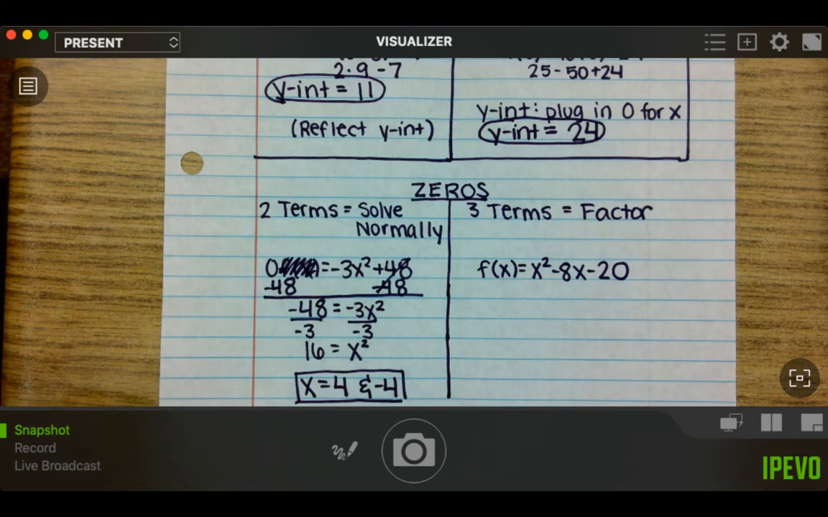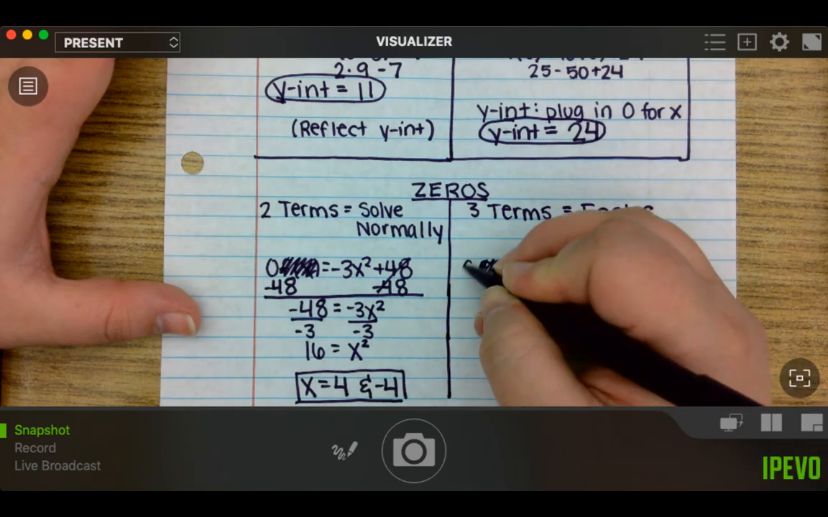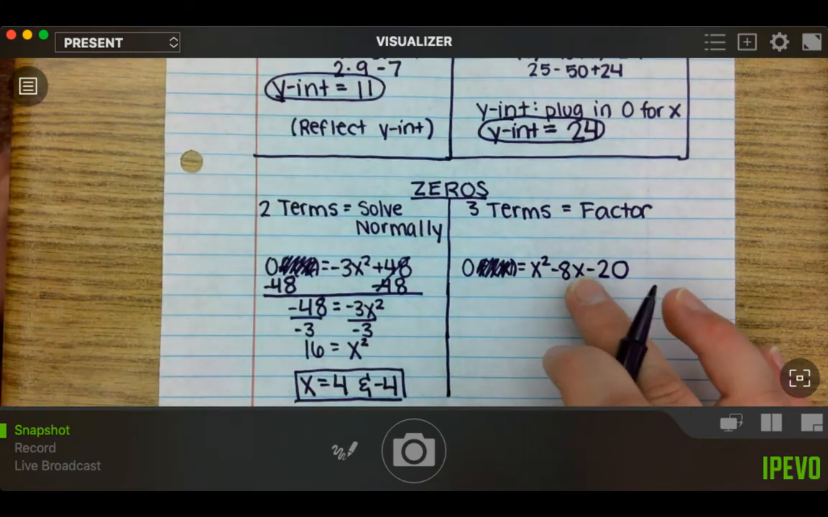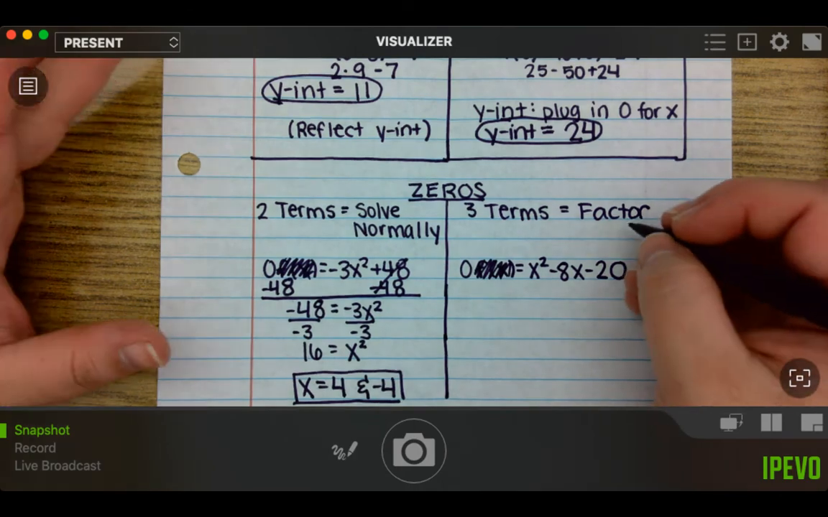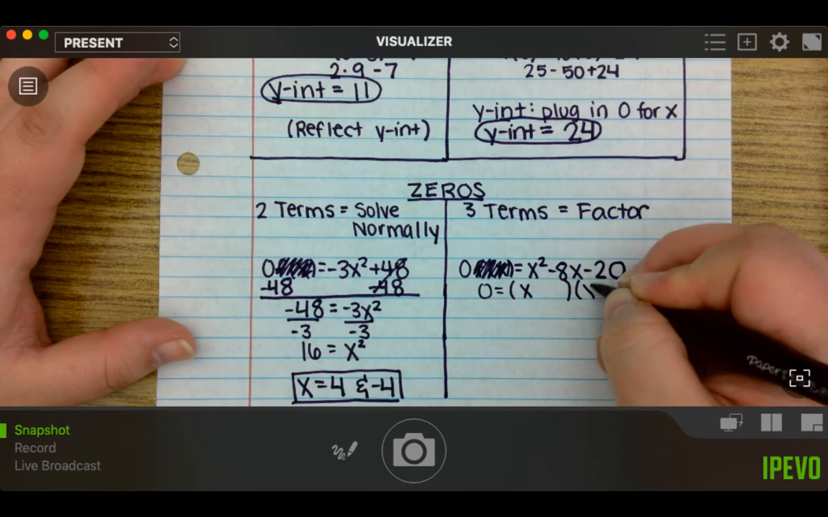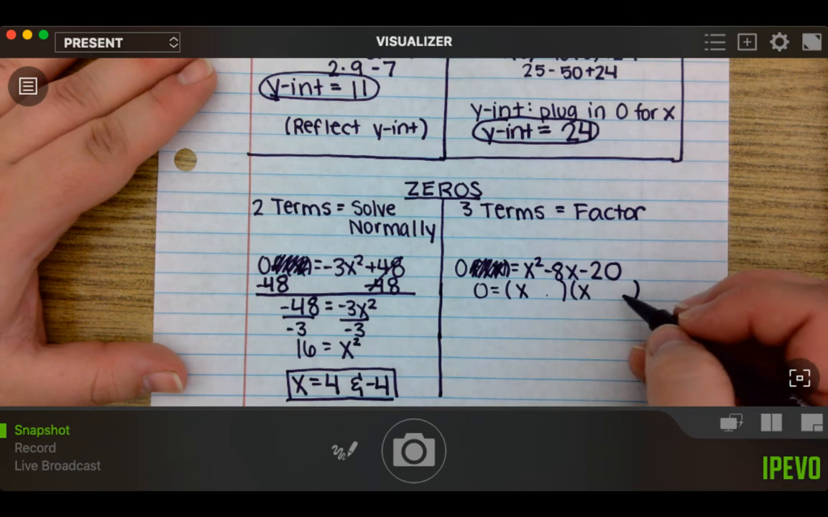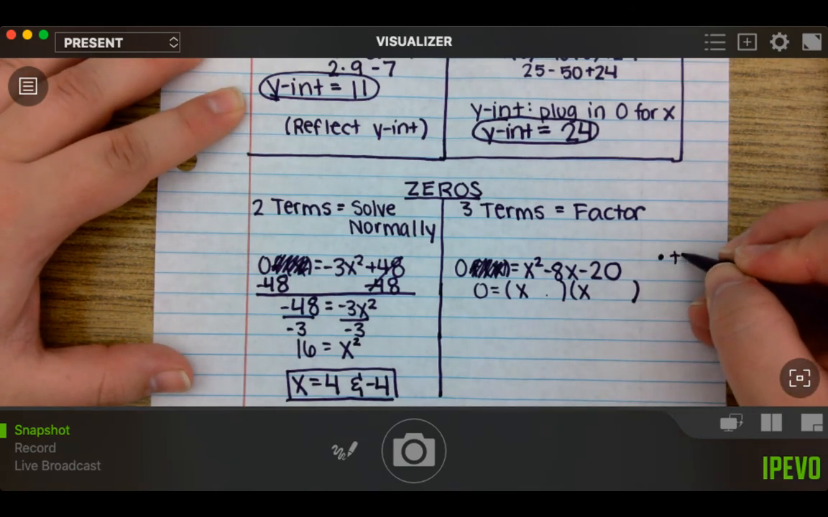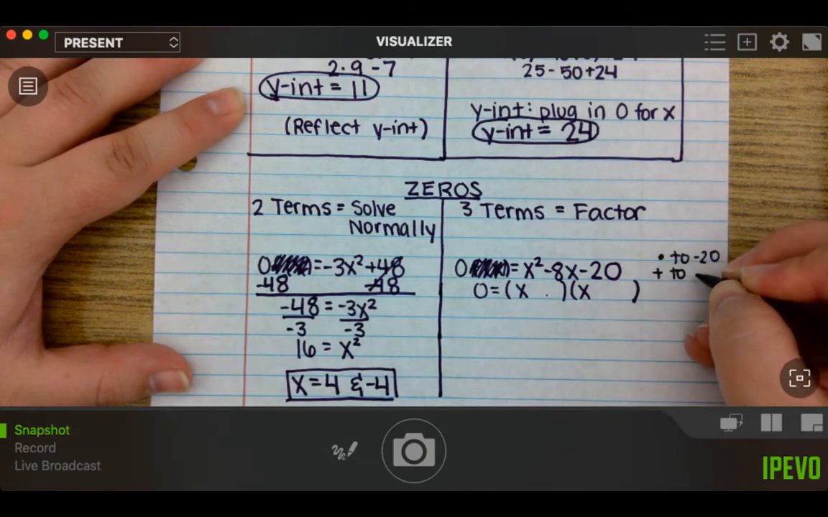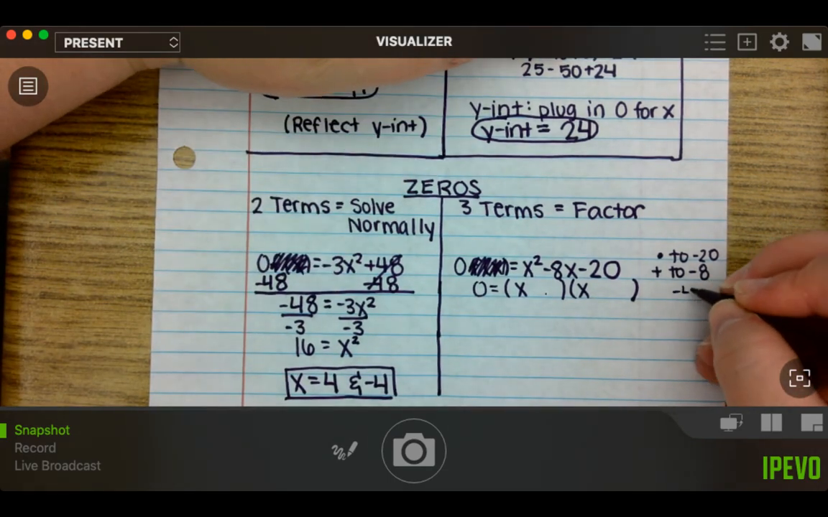Over here, when we are factoring, this side still becomes 0 the same way it did before. But we can't solve this one like we did this one because there's an x here and an x here. So what we do is factor, where we make the right side into two parentheses with an x in them. And these two numbers that we put here and here need to multiply to negative 20 and add to negative 8. So negative 20 could be negative 4 and 5,